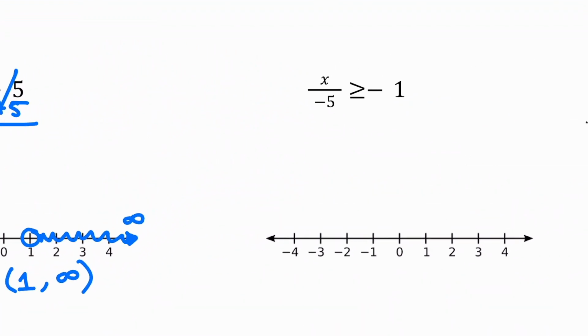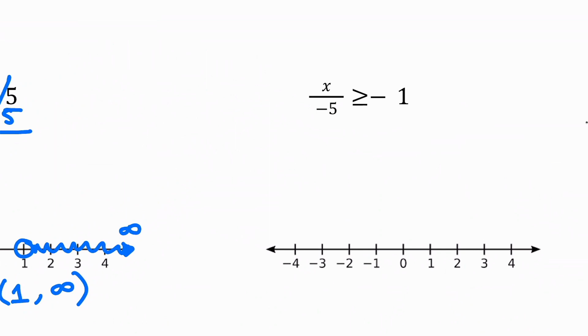All right, last one. I have x over -5 is greater than or equal to -1. We're going to multiply both sides by -5. Because I'm multiplying both sides by -5, that symbol needs to switch. So I'm going to write x greater than, I just said that symbol needs to switch. So we're going to go ahead and flip that to a less than or equal to, and the -1 times